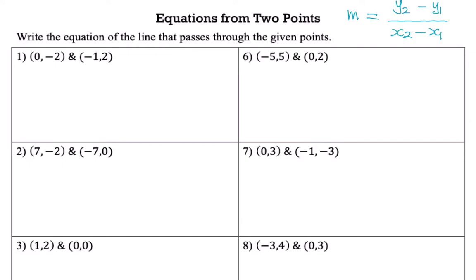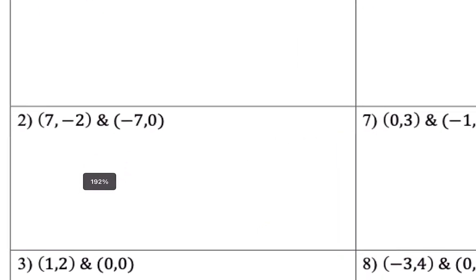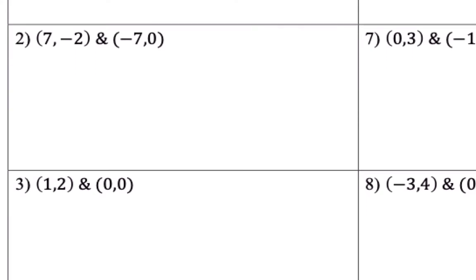The formula says that the gradient is the difference between the two y-coordinates of the points over the difference between the x-coordinates: y2 minus y1 over x2 minus x1. So we will zoom in to number 2 and see how we can solve this question. We have two coordinates of points. If we call the first one point 1 with coordinates x1 and y1, and here x2 and y2 for point 2,